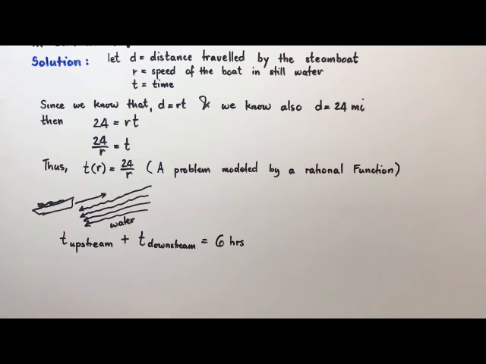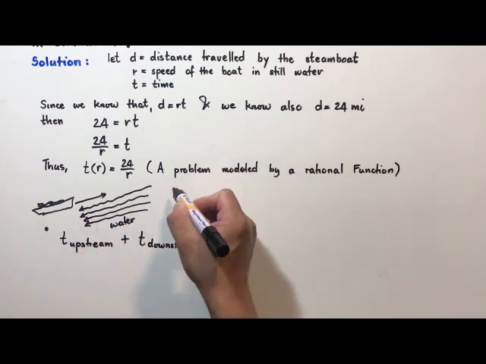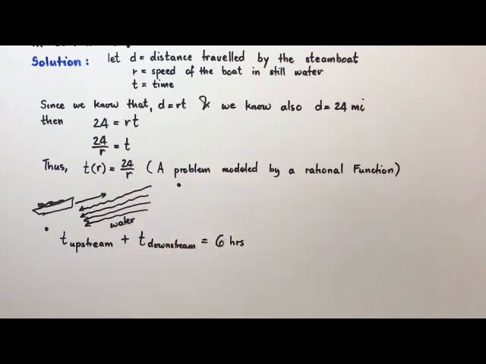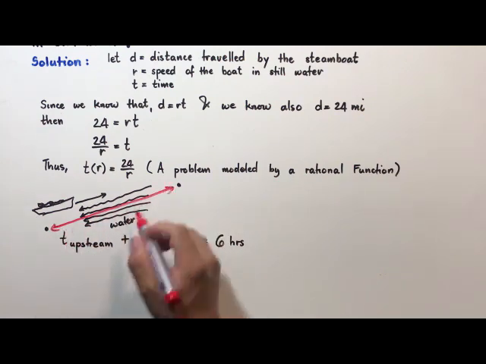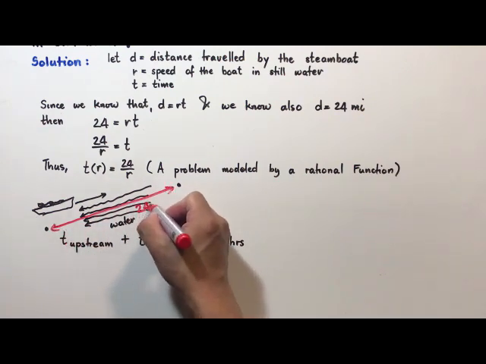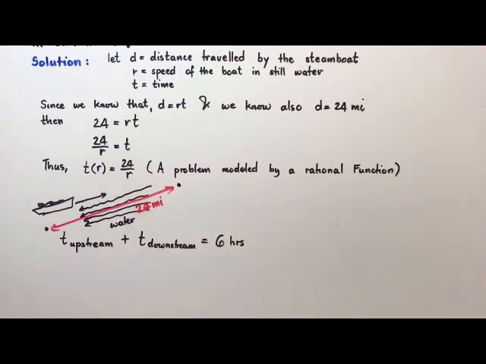So how will you write that? When you go upstream from this point up to maybe this point, that distance is 24 miles. So if that distance is 24 miles, then of course that is 24 here according to our function,